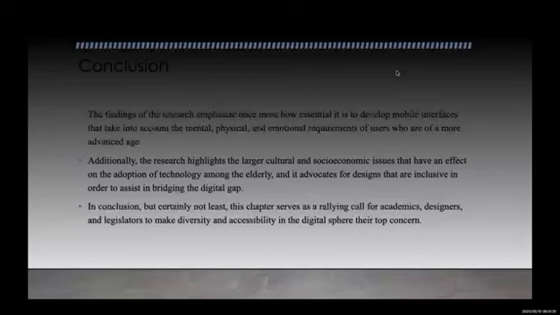Additionally, the research highlights the larger cultural and societal issues that have an effect on the adoption of technology among the elderly, and it advocates for inclusive designers in order to assist in bridging the digital gap. In conclusion, but certainly not least, this chapter serves as a call to action for academics, designers, and legislators to make diversity and accessibility in the digital sphere the top concern.